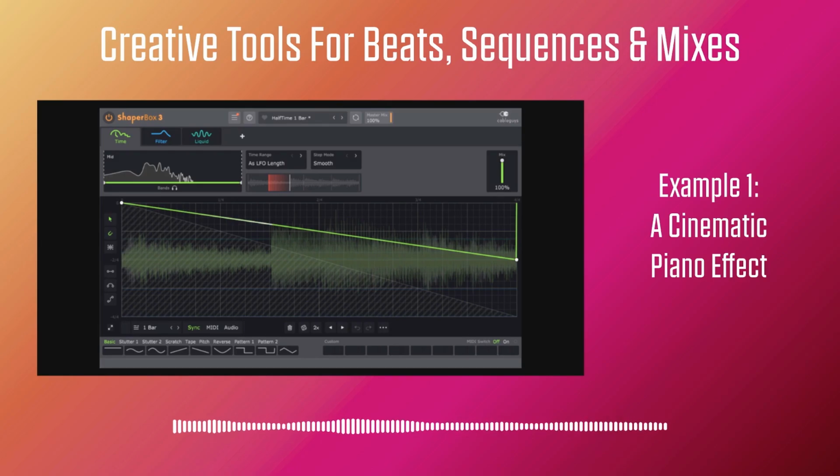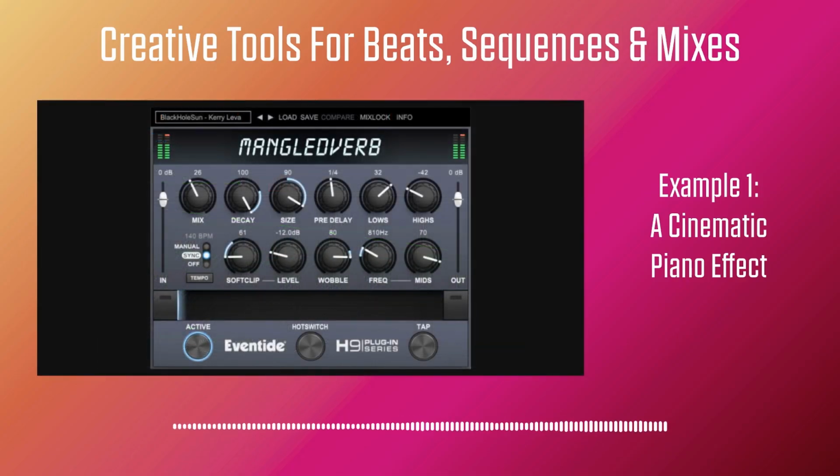I'm using 8 stages for the phaser, with center frequency set to 2.3 kHz and feedback at 53%. But it doesn't end there. Everyone who knows me knows I'm a real fan of Eventide effects, and their MangleVerb is as offensive as